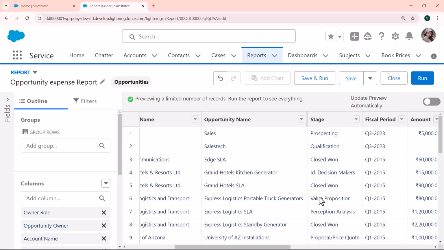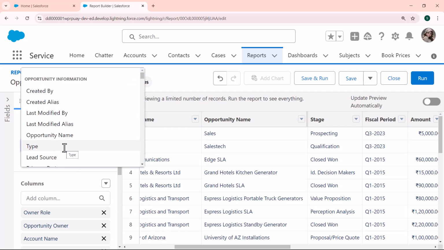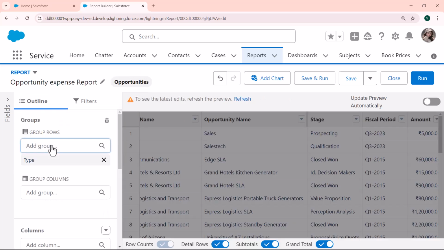But this time I click on the outline, and from here you have to see there is a column of group rows. Select this, and now here you can select the group of opportunity data. Now here I select the type. From here I select the type, and I want to group the data based on the different types of the